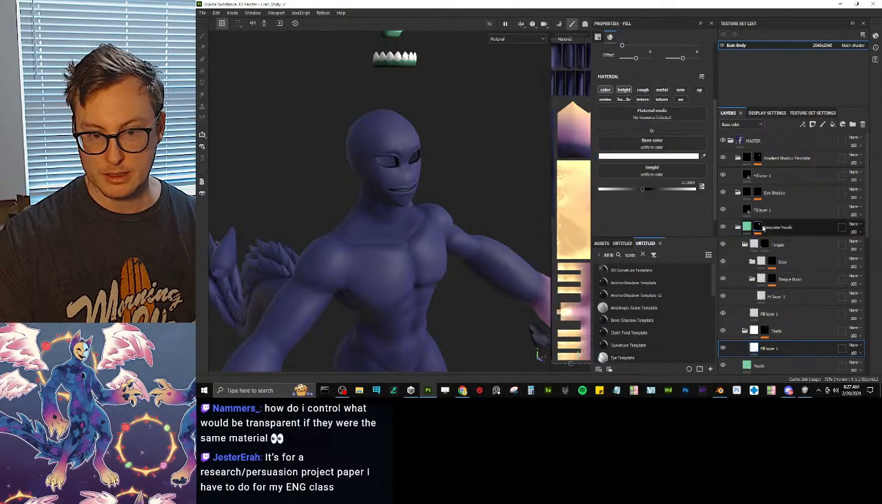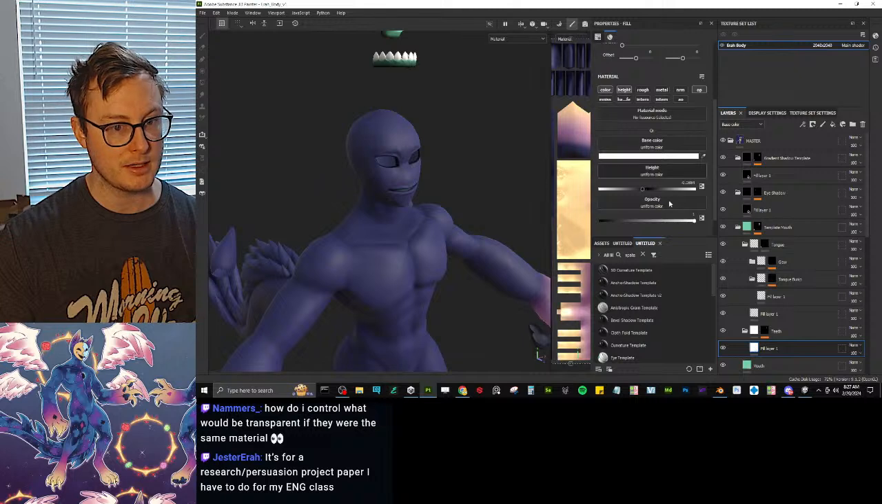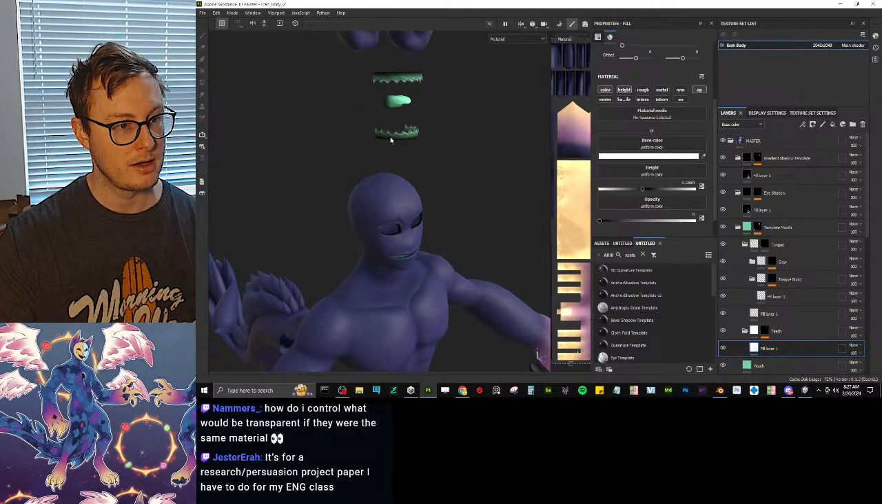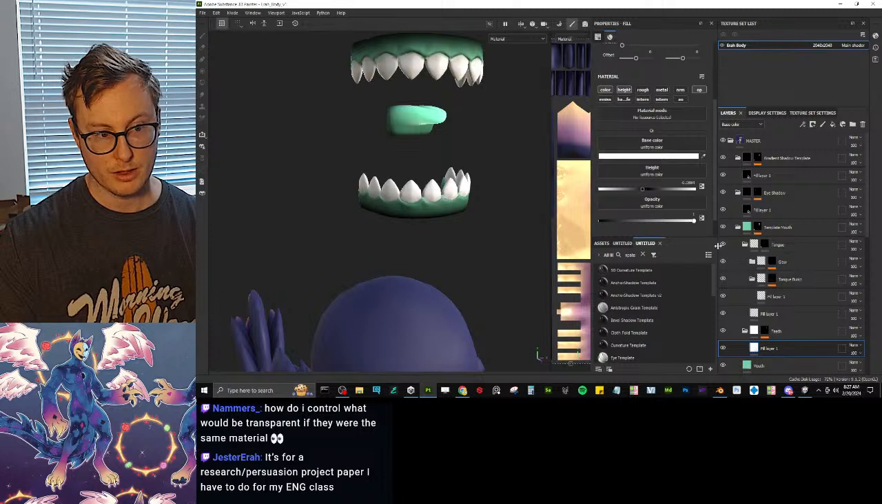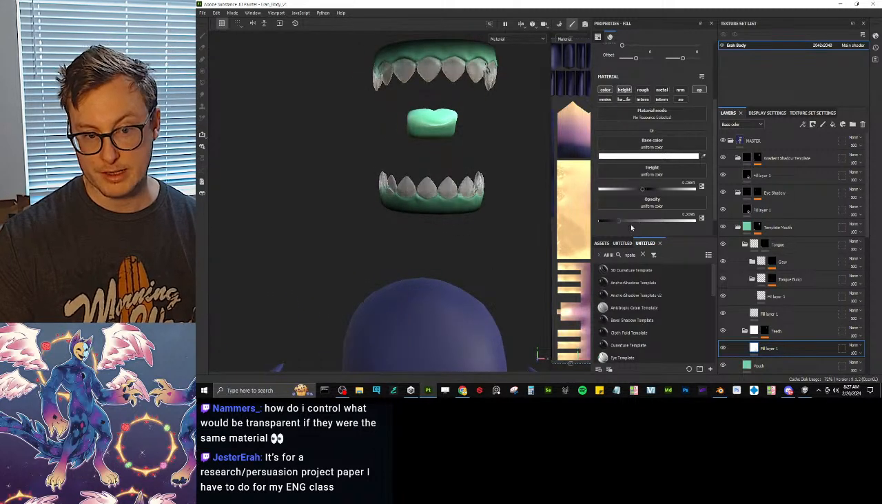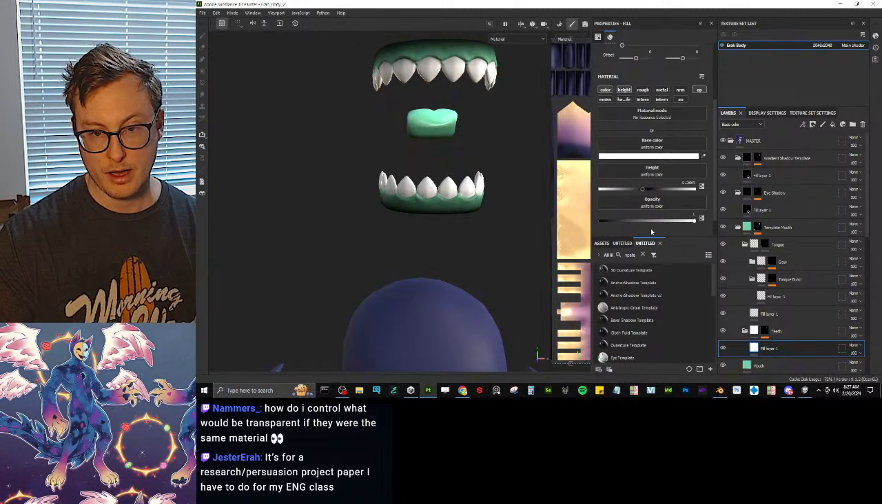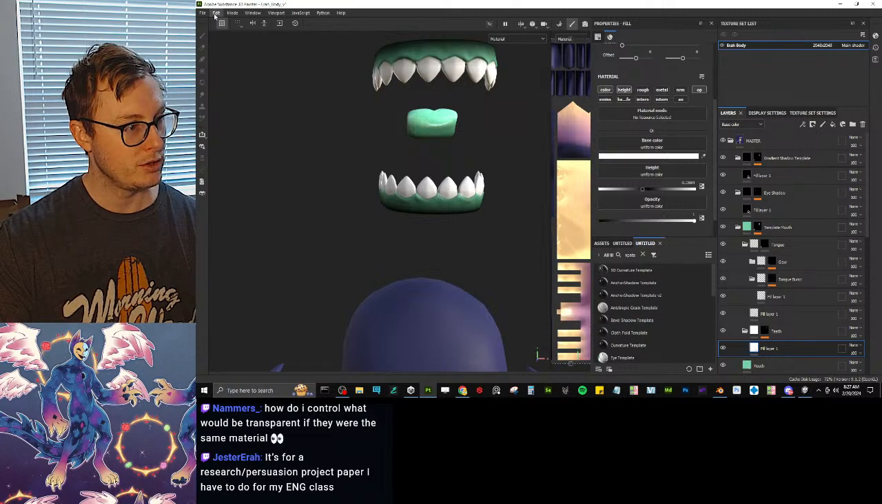If I wanted to make the teeth transparent, I could add opacity and then just turn it down. And now the teeth are transparent. So you can use it exactly like all these other materials. You just want to know